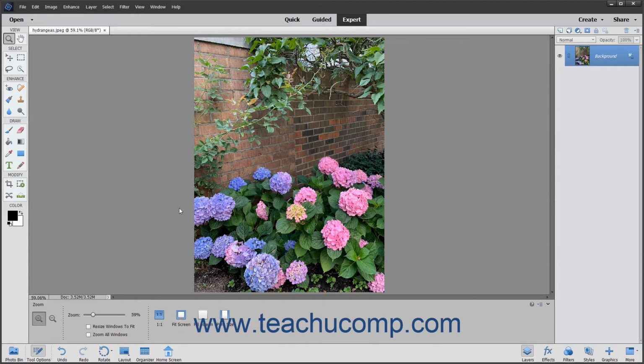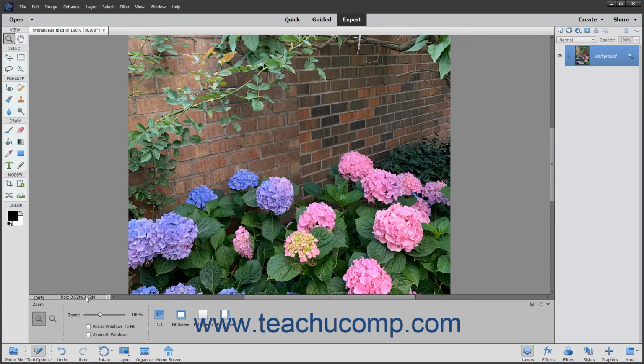Once you have an image open in Elements, you will need to zoom in and out to precisely edit it. This is one technique you must master to work effectively in Elements. When you open an image, the current magnification level appears in the lower left corner of the status bar. Elements opens images at one of the preset magnification levels. You can change this magnification level by typing a new number into this box and then pressing the Enter key